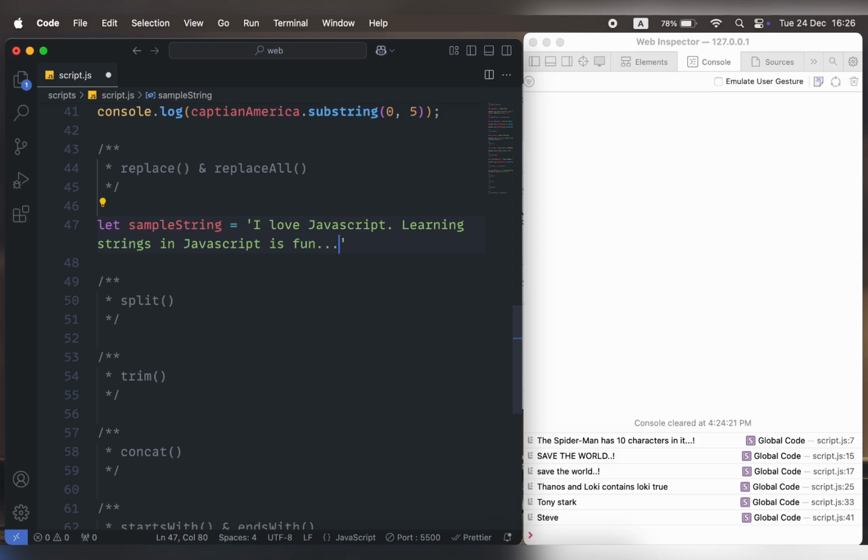Now let's say I wanted to replace JavaScript with JS, then we can make use of the replace